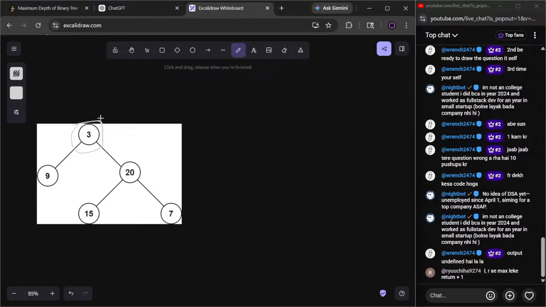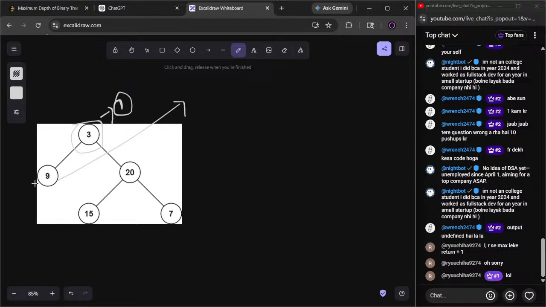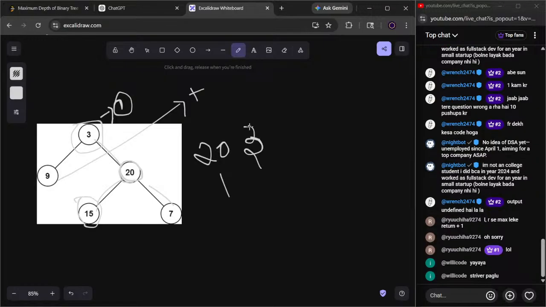मैं क्या करता हूँ कि इधर से स्टार्ट हो रहा है तो एक ही वैल्यू से तो रूट स्टार्ट होगा। एंड फिर ये लेफ्ट आएगा यहाँ से। लेफ्ट में तो कुछ है ही नहीं। तो लेफ्ट में एक वैल्यू मिलेगा, मैं काउंटर को प्लस कर दूंगा, लेफ्ट का काउंटर प्लस हो जाएगा। उसके बाद मैं राइट में आऊँगा, राइट में देखूंगा। अच्छा राइट में 20 है, फिर उसमें लेफ्ट है क्या? उसमें लेफ्ट है, फिर एक वैल्यू और बढ़ेगा तो राइट का 2 हो जाएगा। और फिर राइट का और एक हो जाएगा तो 3 हो जाएगा। तो 3 आंसर है।